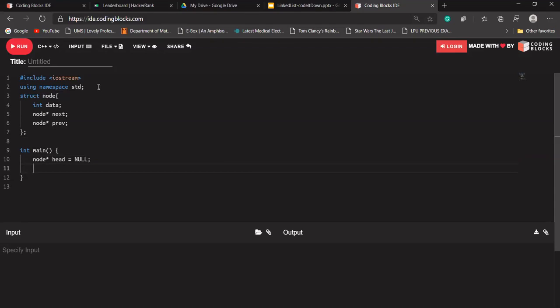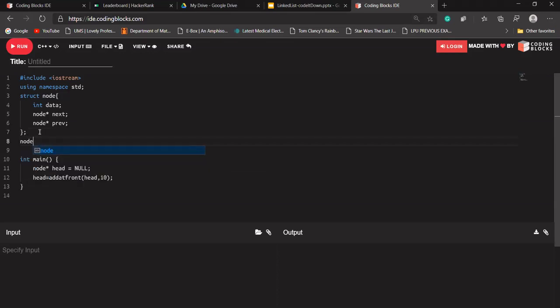So we'll try to do the things again that we did with the singly linked list. We'll repeat those concepts, and this time we'll implement them in a doubly linked list. Let's name our function add at front. Let me pass my head with it, and let's pass a data part.